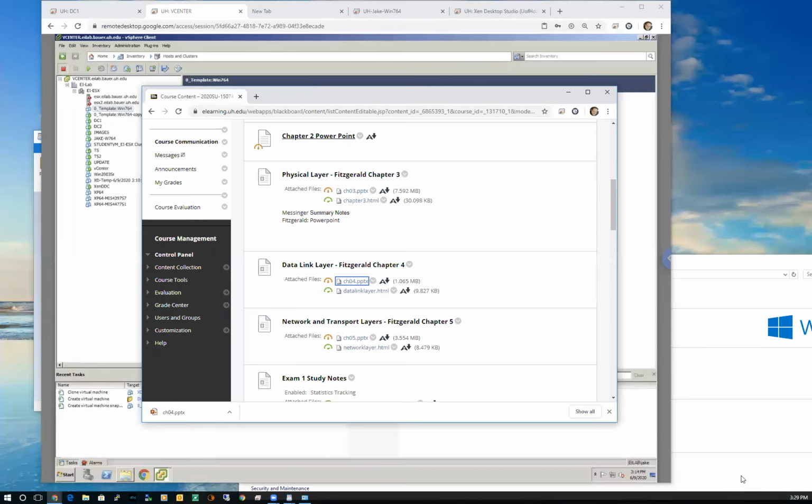Layer 2, everything above the physical layer is code. Okay, keep that in mind. Everything below the data link layer is hardware. Everything else is code. There's no hardware in data link or network or transport or application. There may be hardware involved, but each of those hardware items within a network has a layer 1 and a layer 2 and maybe a layer 3, 4, all the way to 5. Routers have up to layer 3, gateways have up to layer 4, and workstations have 1 through 5. They have everything in them.